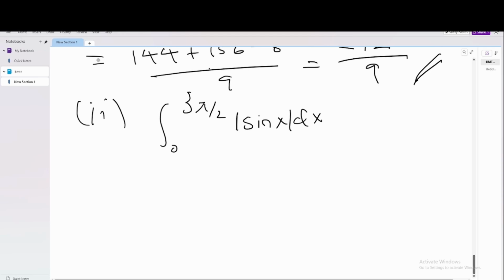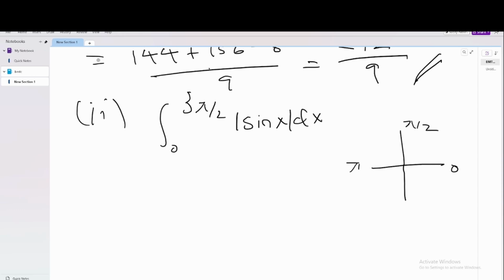First we need to know the 4 quadrants: 0, pi by 2, pi, 3 pi by 2. In the first quadrant all are positive, in the second cos is positive, in the third sin is positive, tan positive, and in the fourth cos positive. So 0 to pi by 2 will be separate. 0 to pi